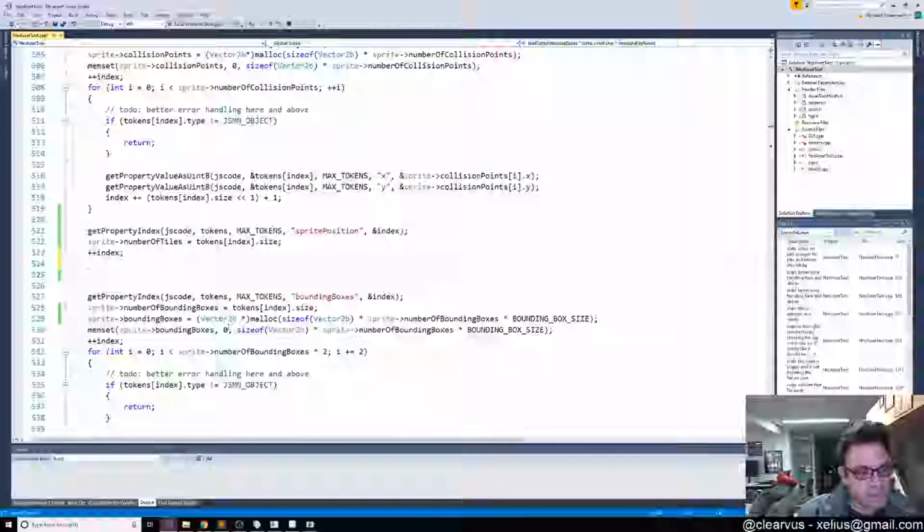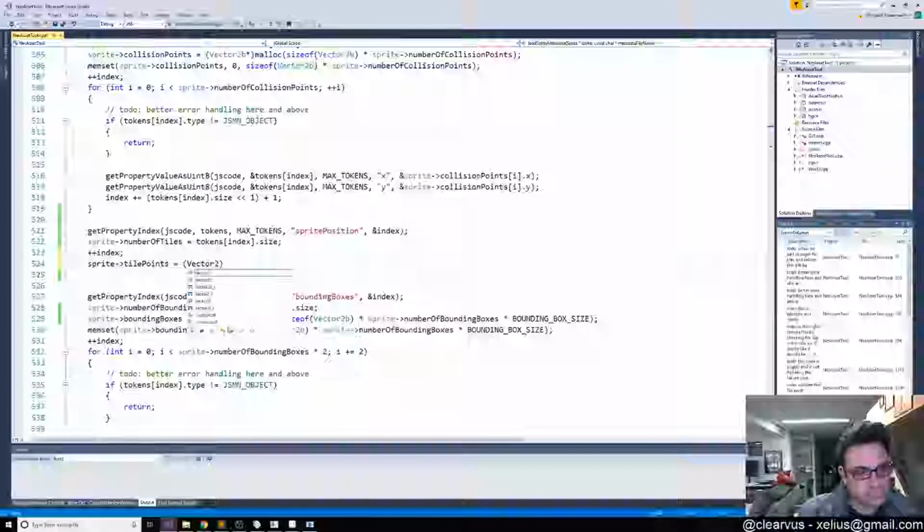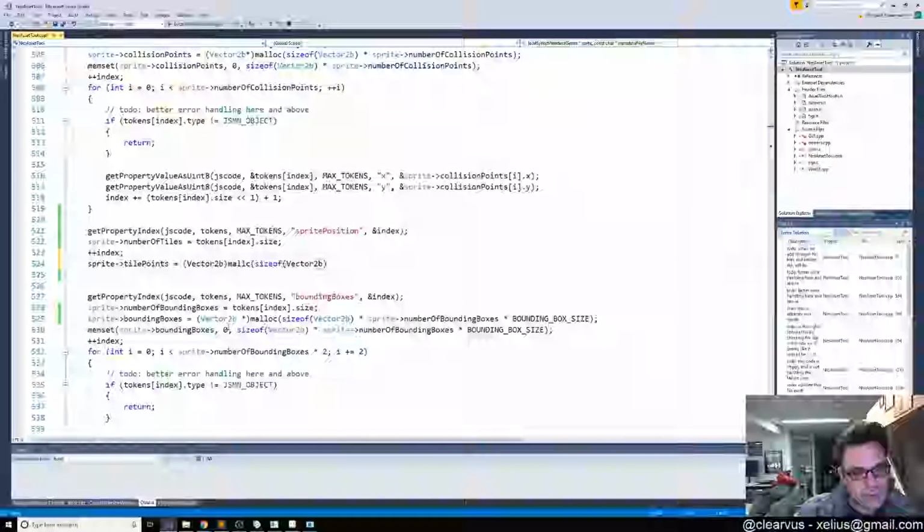And the same thing. So we're gonna allocate size of 2B based on the,